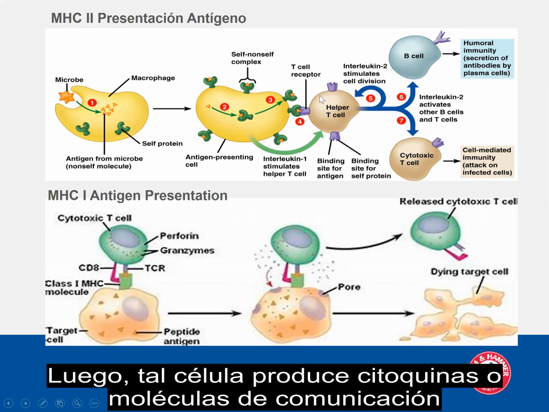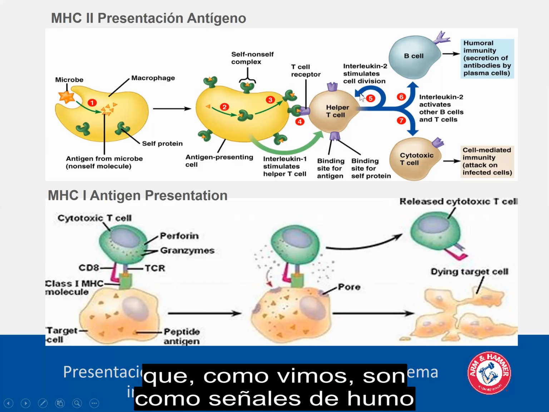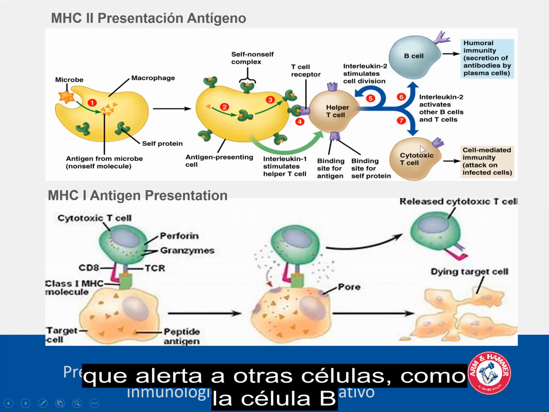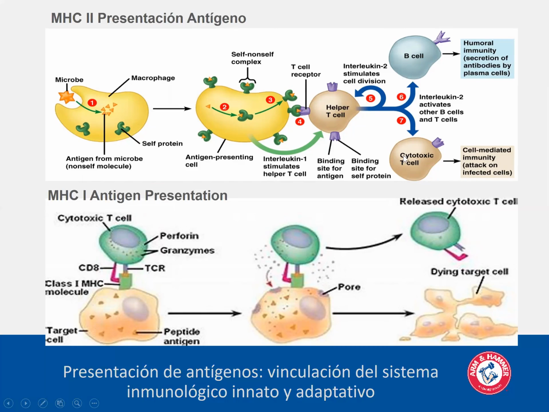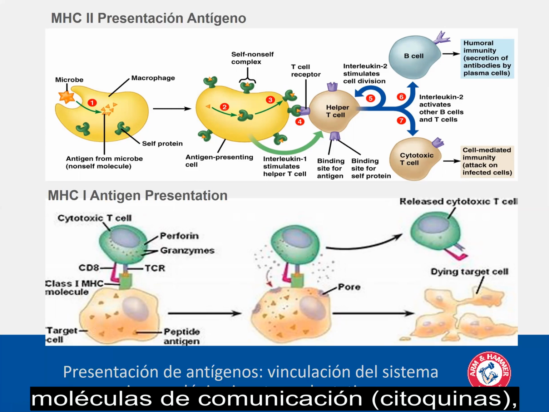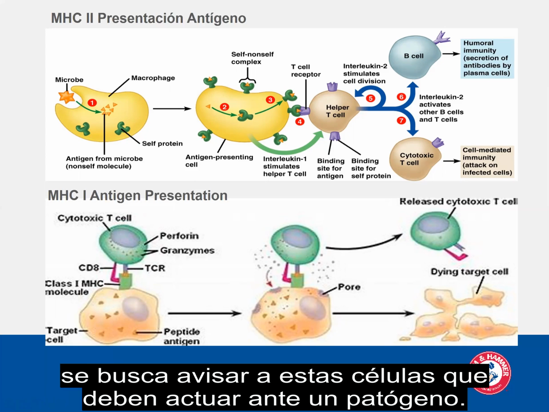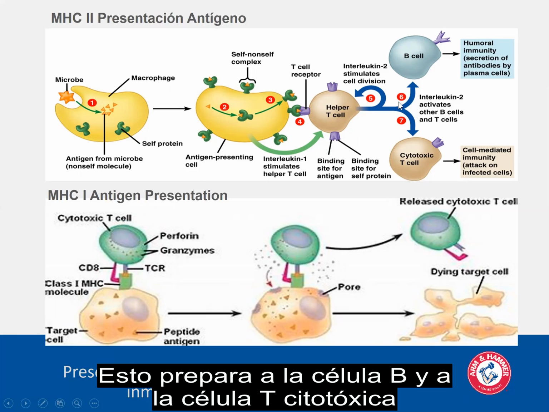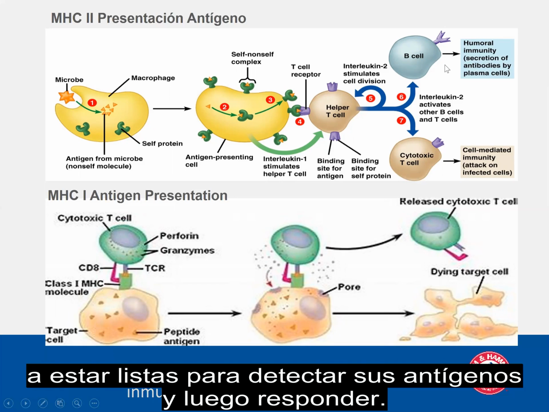That T helper cell then produces cytokines, or communication molecules, like the smokestack, our smoke signals in the slide previously, and it communicates to other cells of the immune response like a B cell and a cytotoxic T cell. And it says to them with the smoke signals, or the communication molecule cytokines, get ready, there's a pathogen out there and you're going to need to respond to it quickly. So now that essentially primes the B cell and the cytotoxic T cell to be ready to detect their antigens